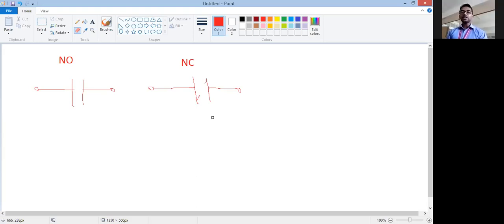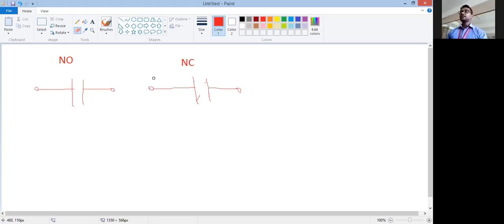Normally, when nothing is happening and you have to keep a device on, you will use NC because normally it is closed, so current flows from left to right. And with the NC connection, on some condition you have to turn off the device. So when logic 0 is given, the NC is normally closed, so current flows and the device is on.